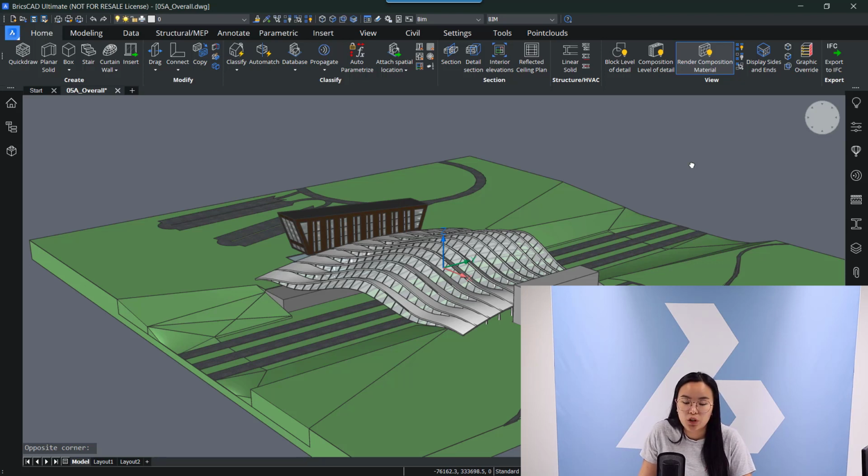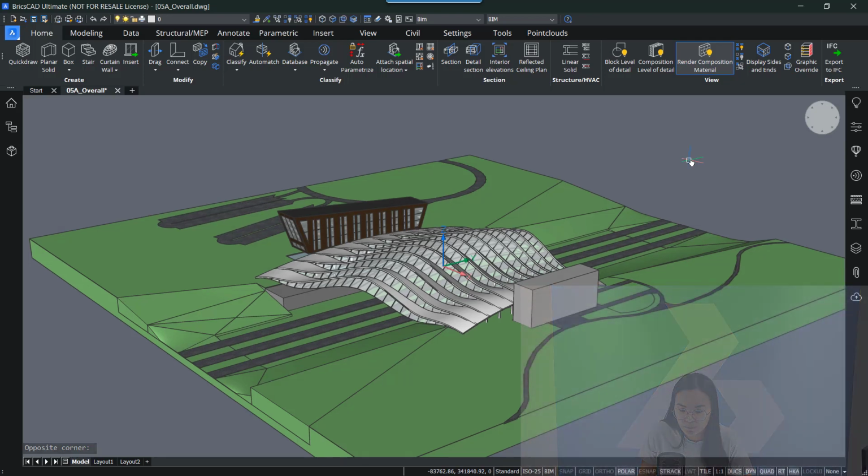In the following chapter, I'm going to show you how to turn massing or volume studies into actual BIM models. In the first example, I'm going to do that with direct modeling tools, and in the second one, I'm going to show you how to do that with Quick Building. So let's get started and open up our first drawing.